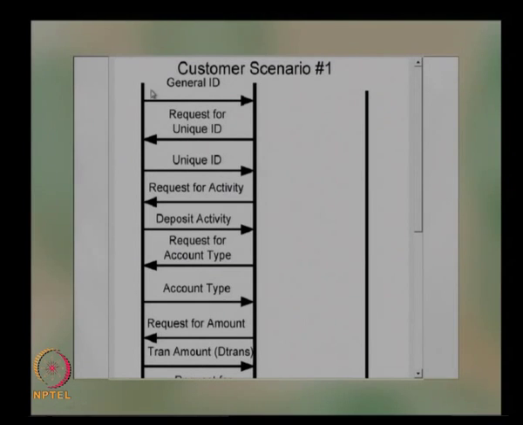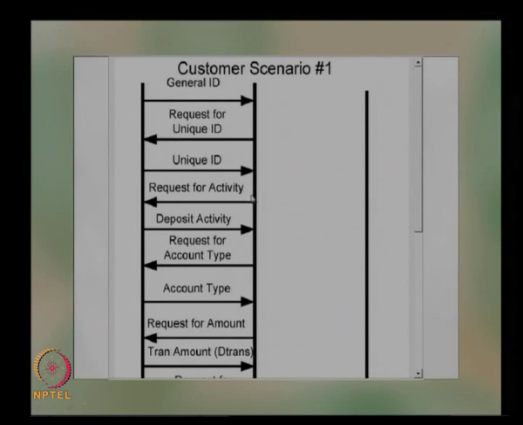You can see here the customer provides a general identification to the ATM, in the form of an ATM card, or it can be a thumb impression or whatever form you would like to have. Then the ATM asks for a unique ID in terms of a password or some form of identification, and the customer provides the ID.